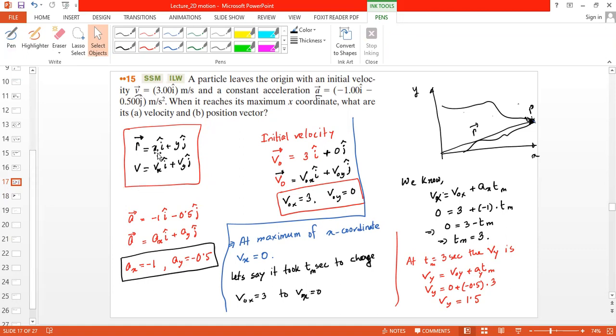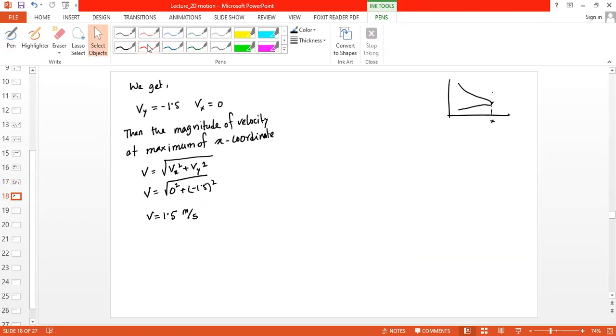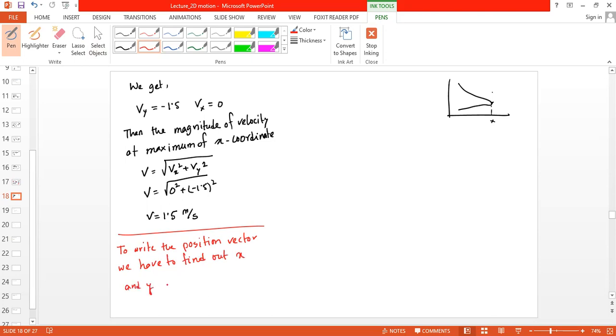So for position vector I have to find the position x and y কোন জায়গাটায়, এই পয়েন্টে। That means কোন পয়েন্ট tm equal 3 সেকেন্ড পরে তার x কোঅর্ডিনেট এবং y কোঅর্ডিনেটের পজিশন কত সেটা জানতে হবে। So now to write the position vector, we have to find out x and y at time tm equal to 3 সেকেন্ড।